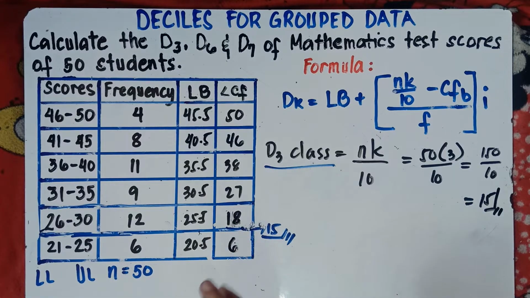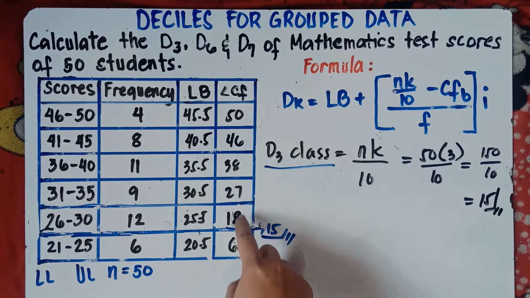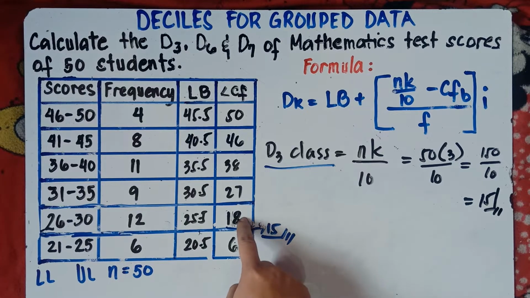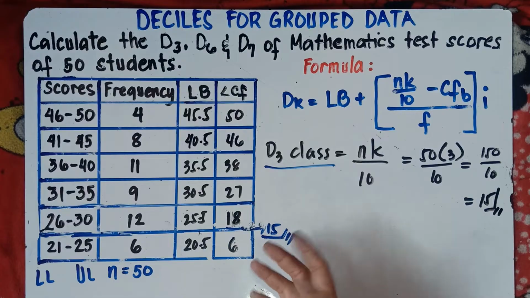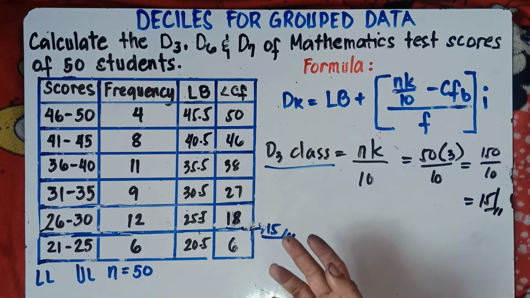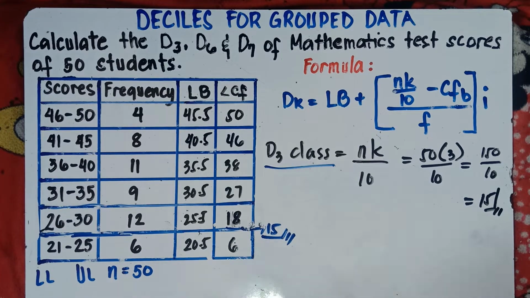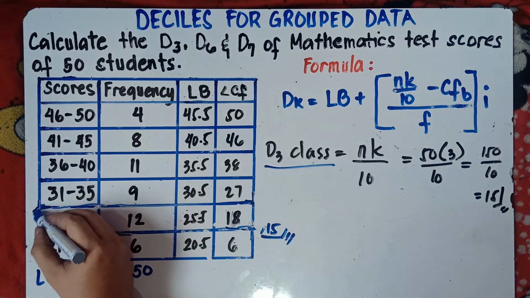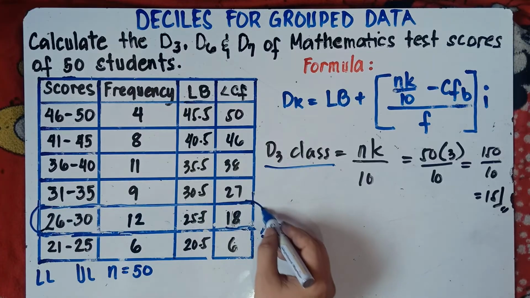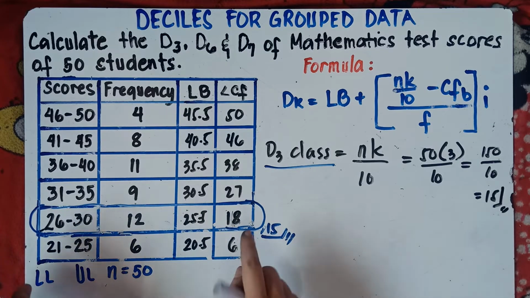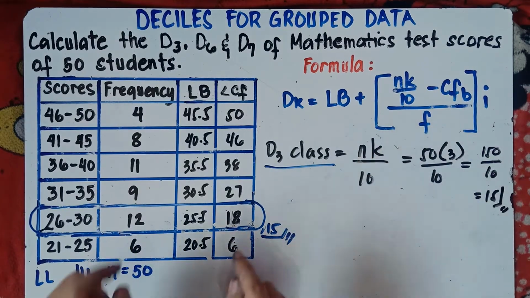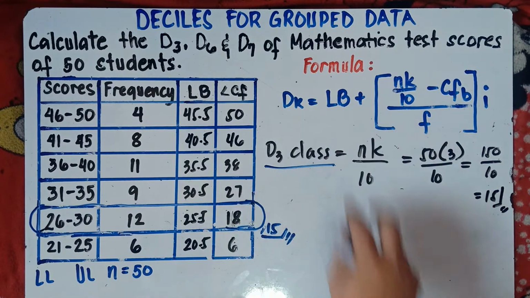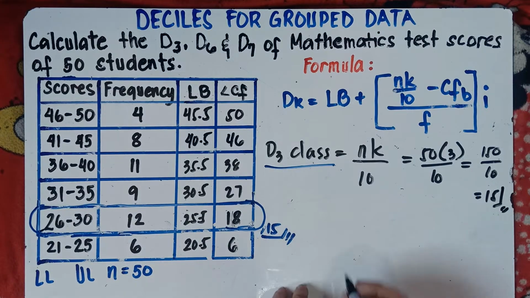So, I hope you understand that one, class. It's clear for you, because there are some students asking this one, sir, what if this is 15? Of course, that's automatic. This will be your third decile class. But we don't have 15, we need to select greater than 15, which is near to 15. It should always be greater than 15, class. Alright, so this will be our third decile class, this particular row. So once again, class, once you get your third decile class, this will be very easy for the formula because we will be substituting this value into the formula. Alright, so once again, let's find the third decile.